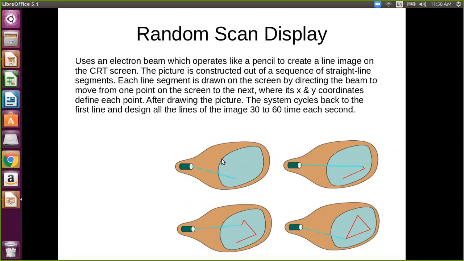Suppose a triangle is required to be drawn, so the beam only draws the pixels or lines for this object. That is already calculated, and we have to make this triangle. But the other portions of the display are not changed or influenced. So only the object is drawn.